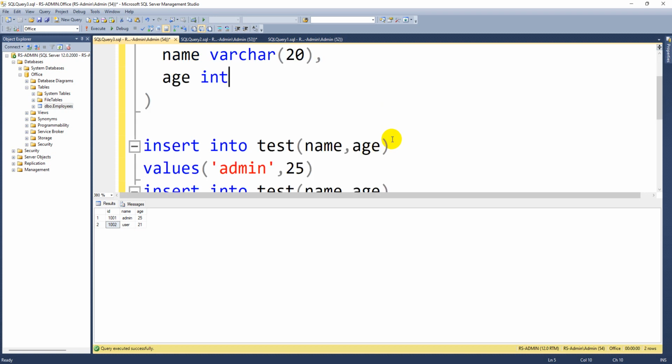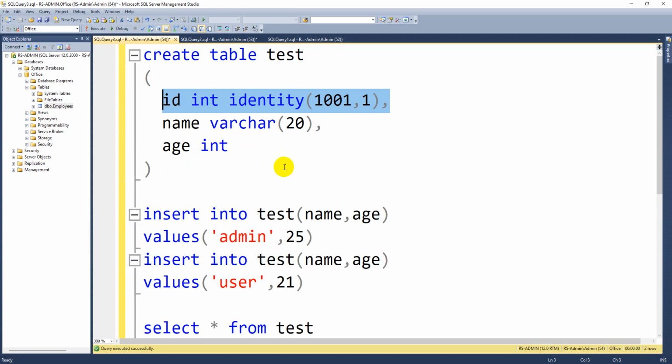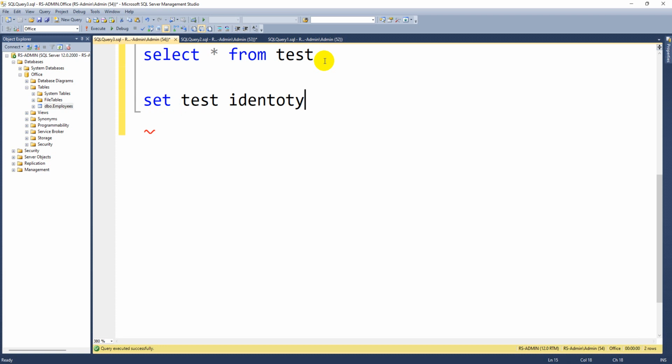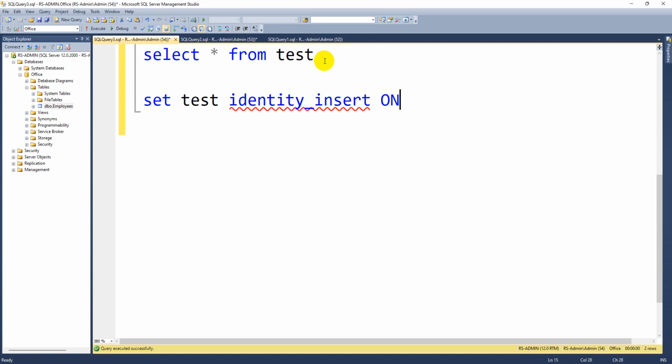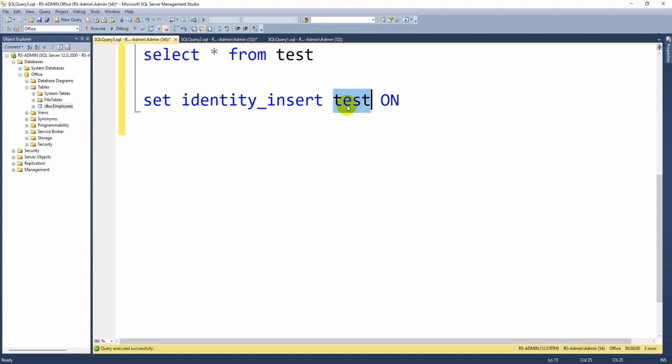Sometimes you will get a requirement where you have to insert values into this identity column also. Whenever there is a requirement to insert values into identity columns, at that time set identity_insert on, on which table?